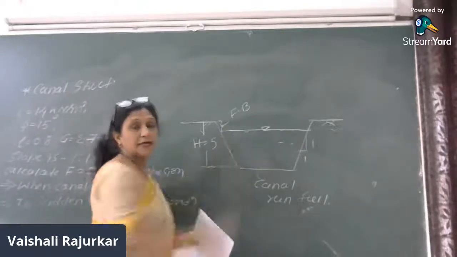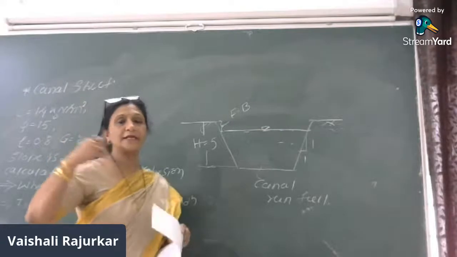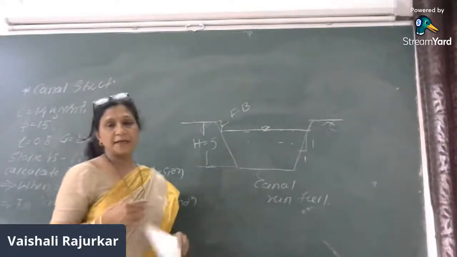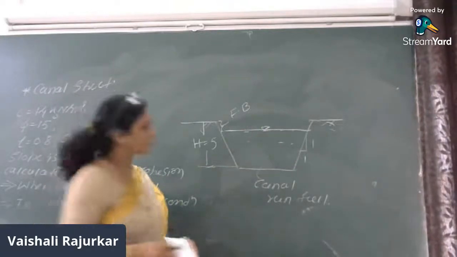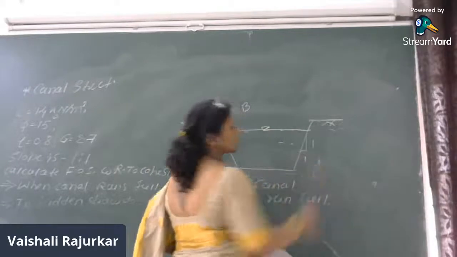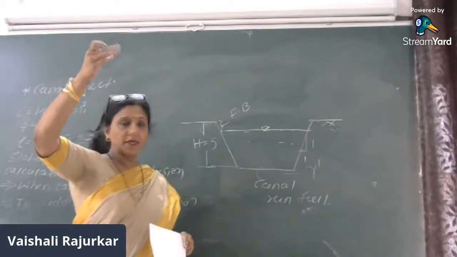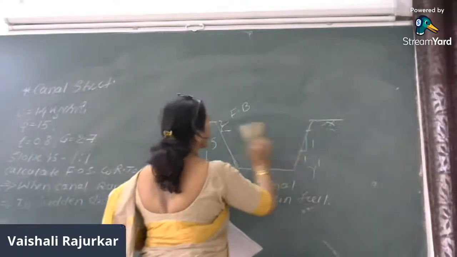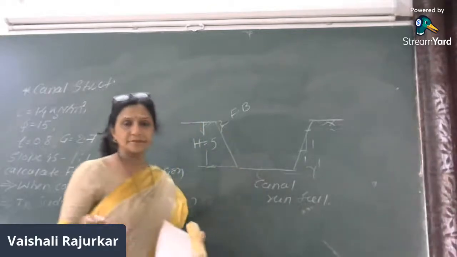This is the canal condition where the canal is going with full of its capacity. Water is completely filled into it and the soil becomes a submerged soil. Now here the soil becomes the submerged one because the water level is above that. And the another condition here is called the empty condition, when due to certain failure,